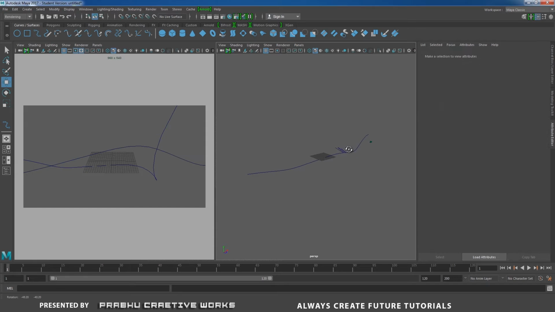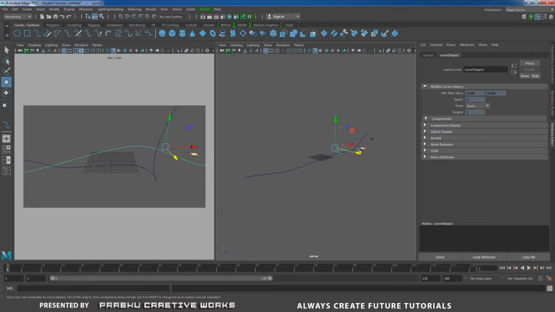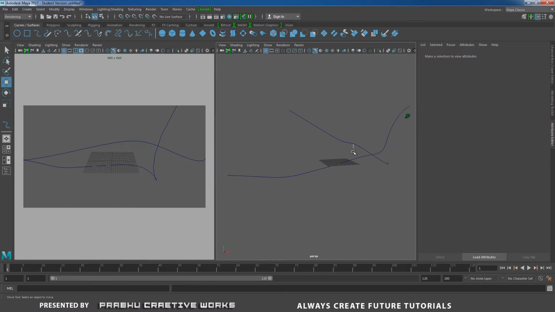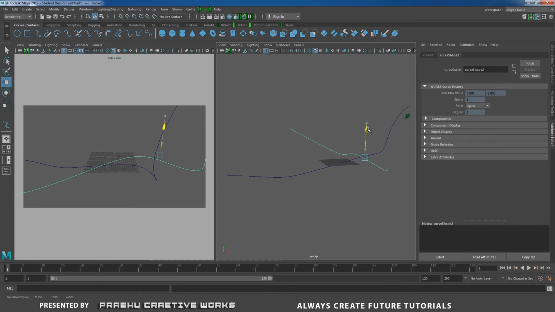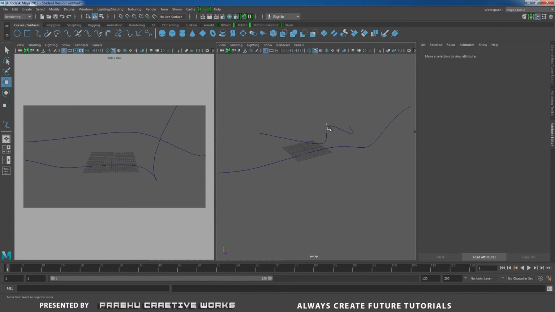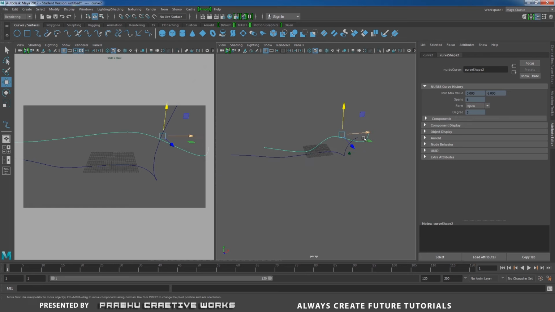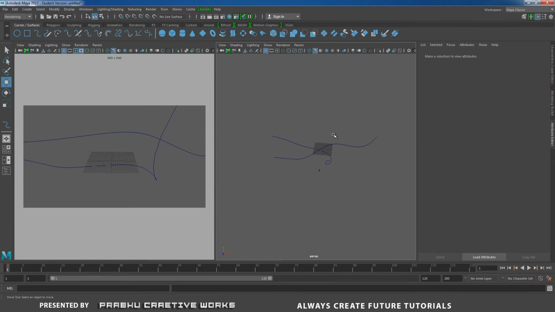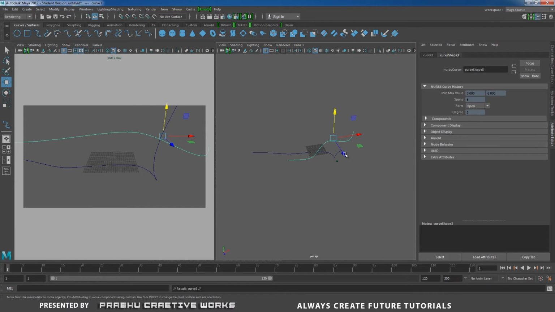Now I want to move a little bit in Z. So don't overlap curve like this. Don't overlap each and every curve. You want to move a little bit far away. So I will duplicate this one, press Ctrl D and move it a little bit back and rotate like this, and press W and move this way.